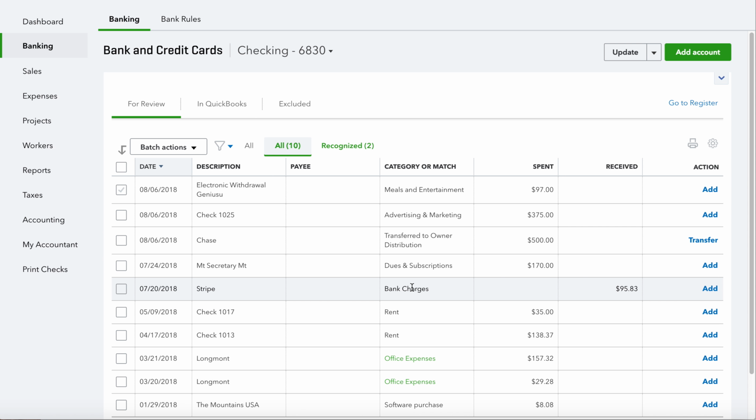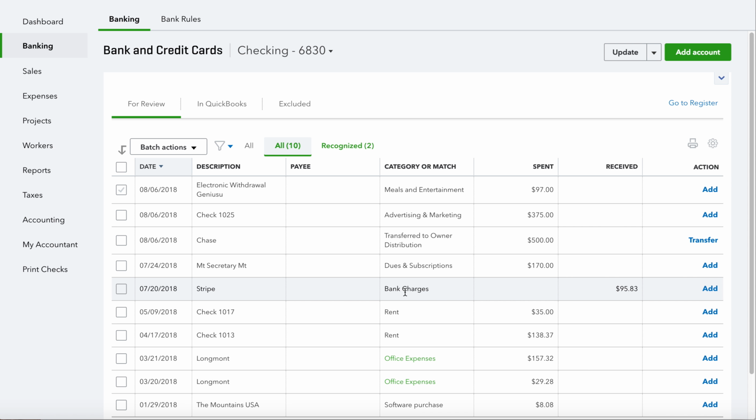Okay, so, if you'll notice, the reason it has 95.83 is because this transaction is dated 7/20. My transaction I just created was for today's date, 8/10, and it's saying that's too far away, so it's not actually creating that as a match. Typically, if you do it on the same day, it's going to create this as a match for you.